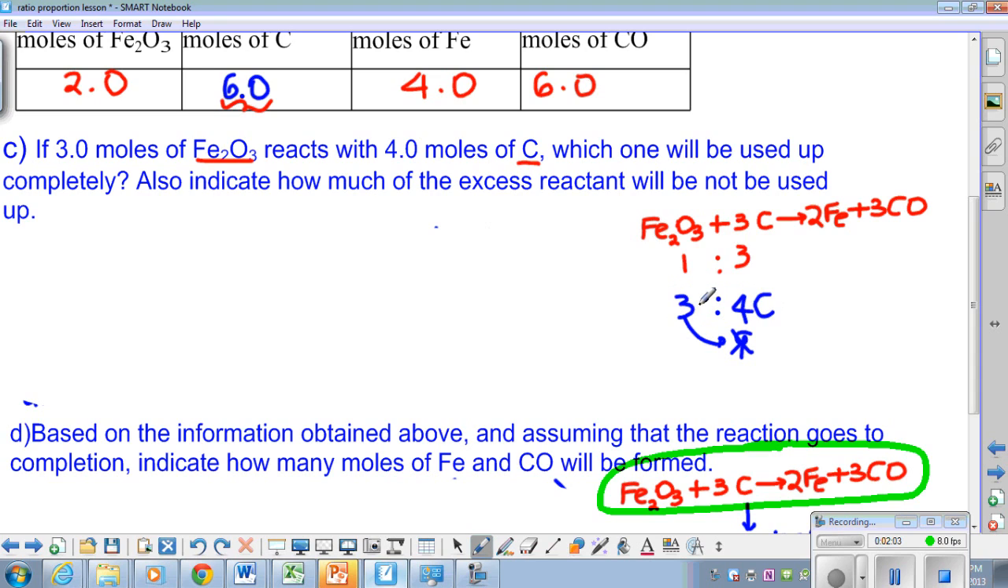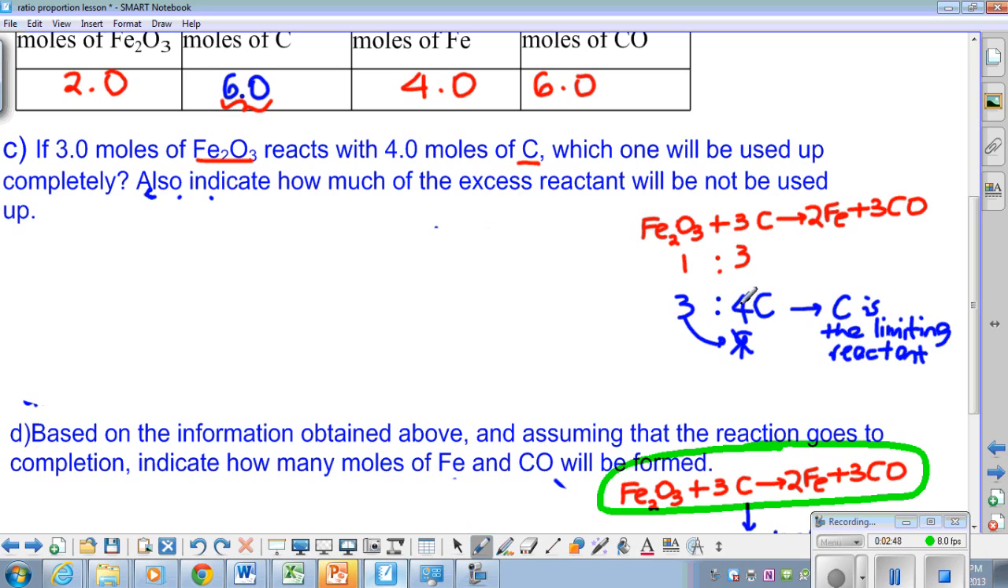Basically, we're not going to be able to use this entire amount of Fe2O3 because we don't have 9 moles of carbon. So now that we realize carbon is our limiting reactant, that's the one that's going to be used up first. So carbon is the limiting reactant. Let's begin with how much carbon we have in finding out how much excess will be formed. So 4 moles of carbon